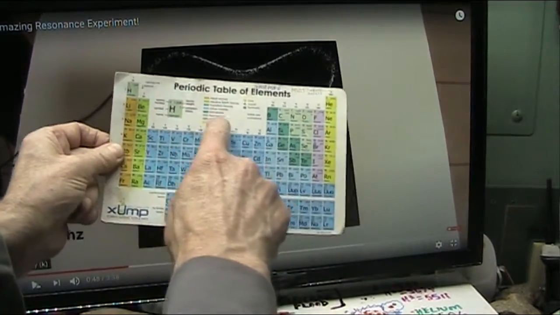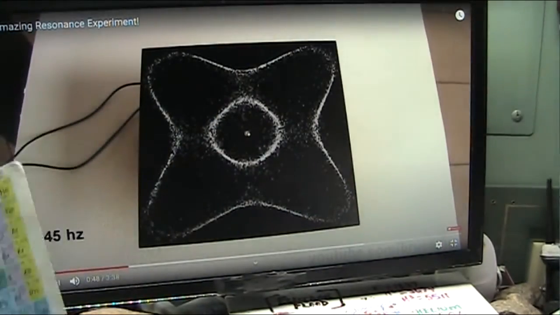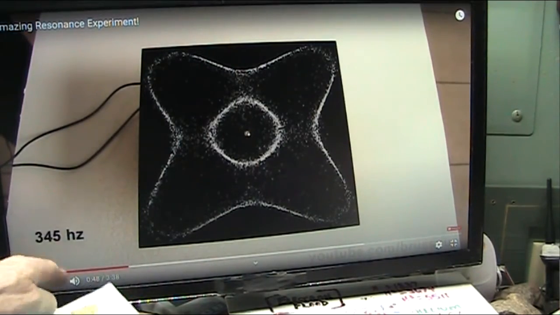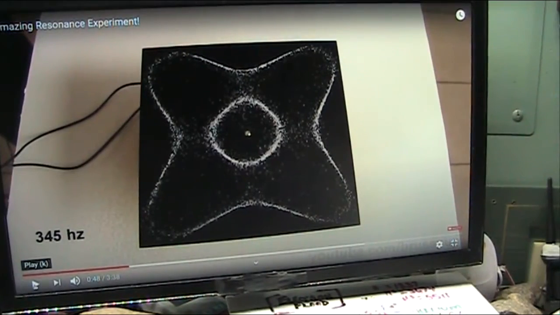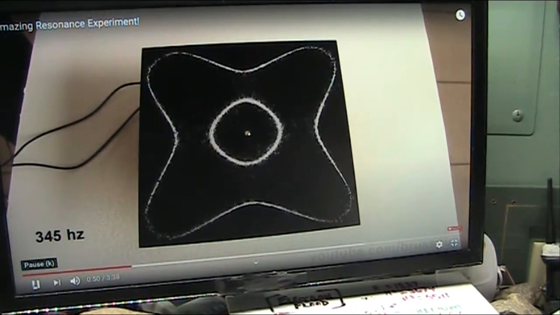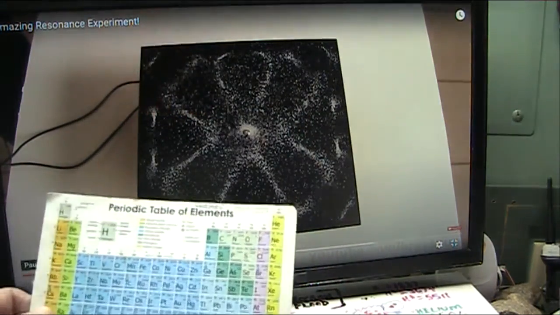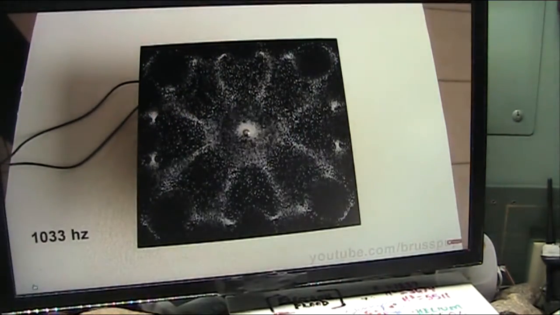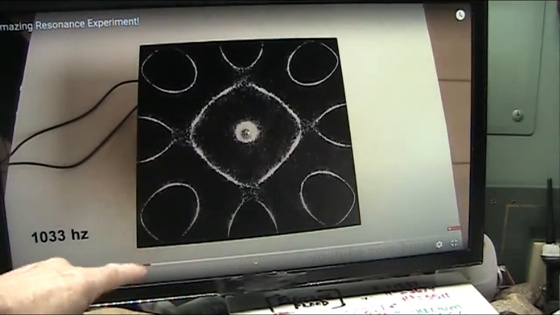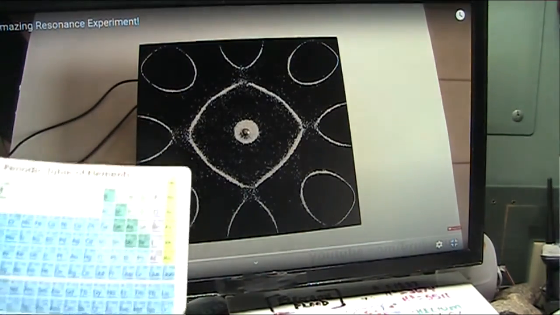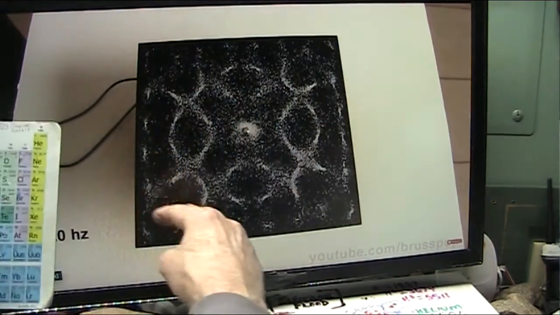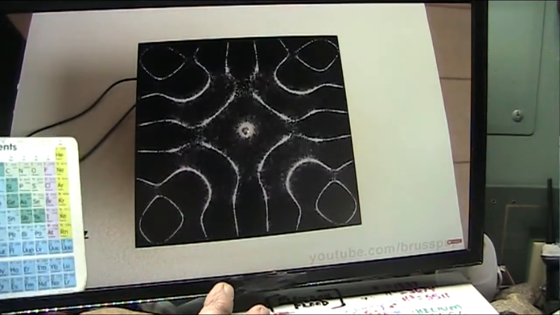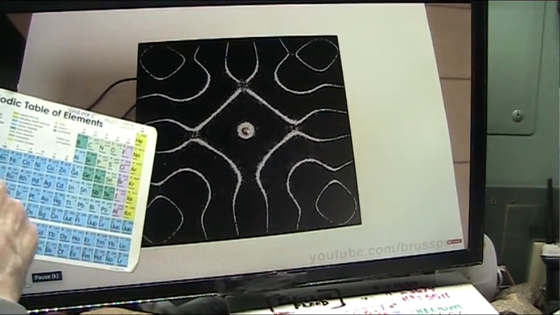Then we go next into this one, and literally that's what's happening. Watch. So we're at 345 hertz. So it's bzzz, and they lock in. Now, boom, there it is right there. That's our perfect lowest orbitals. Then we go up into what's called the rule of 8. And you're going to see 8 of them show up around here. You see it? Absolutely flawless, 8. So that's row 2. Row 3 is going to add another layer around it. It gets a little more complex. That's row 3.